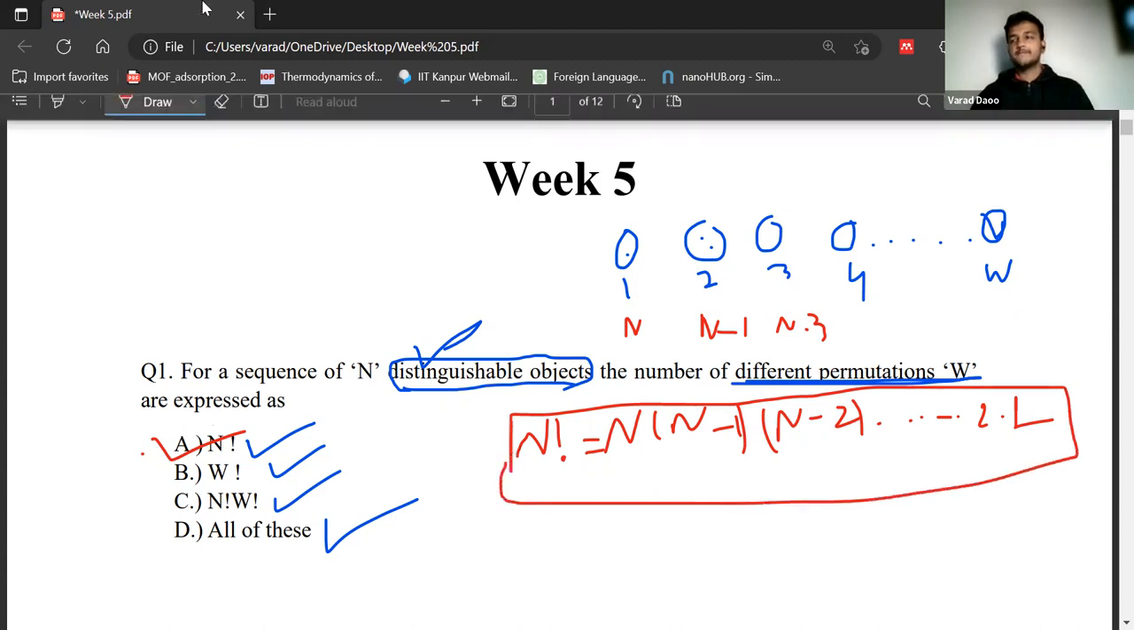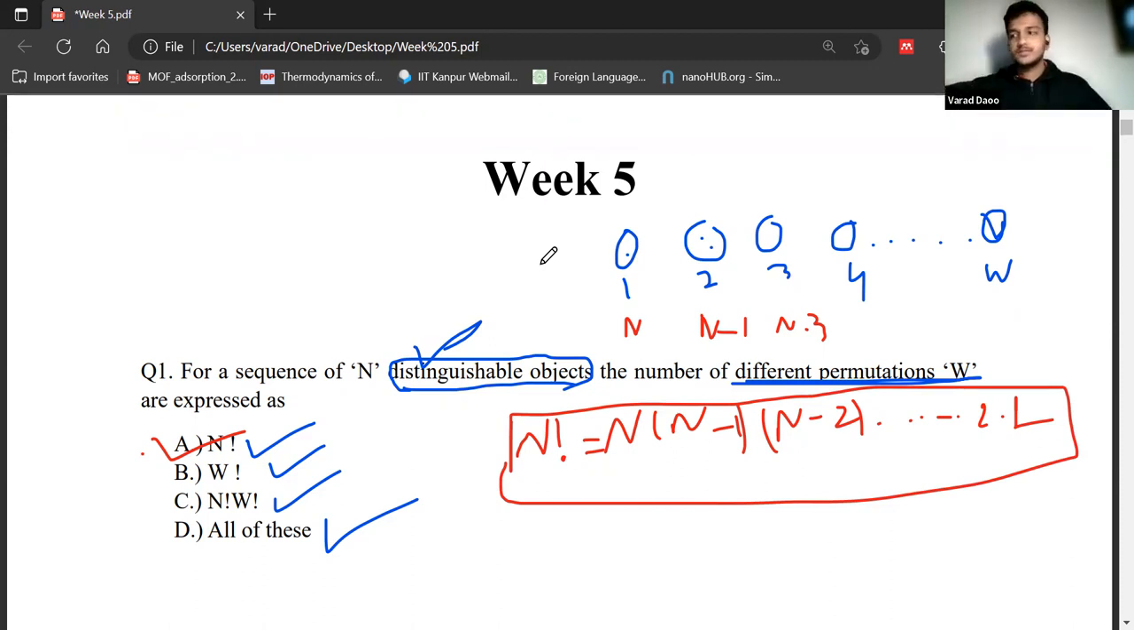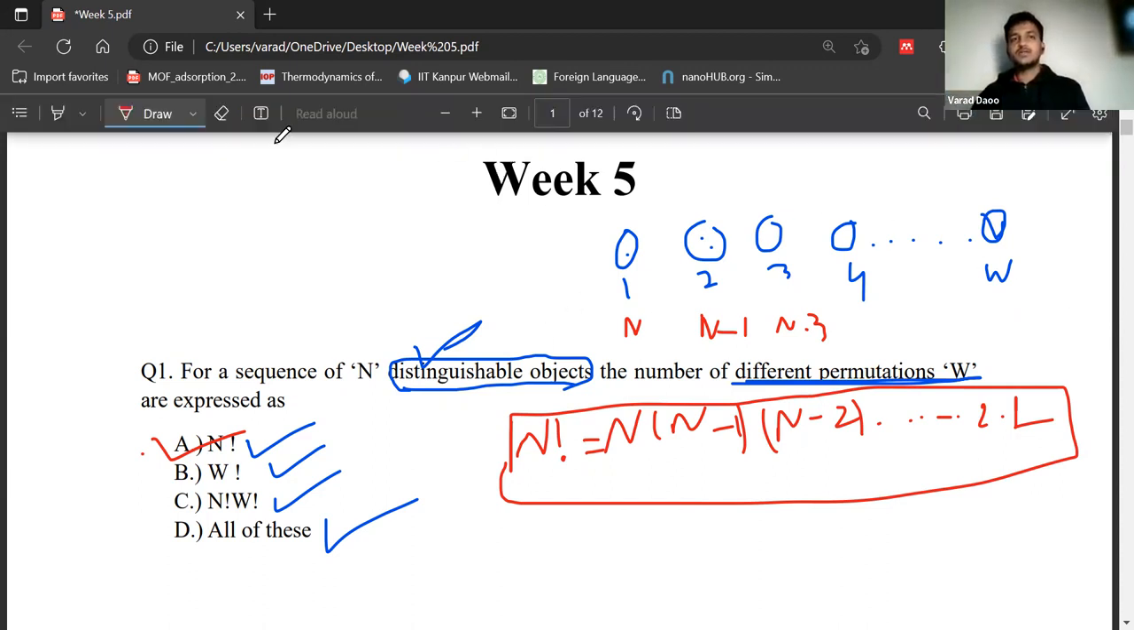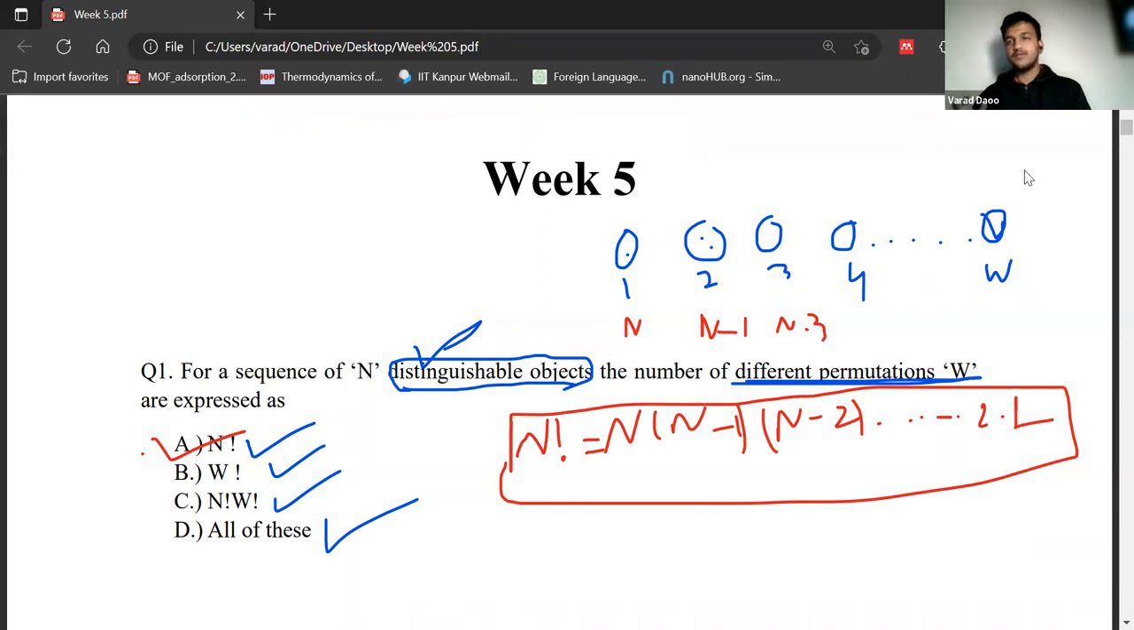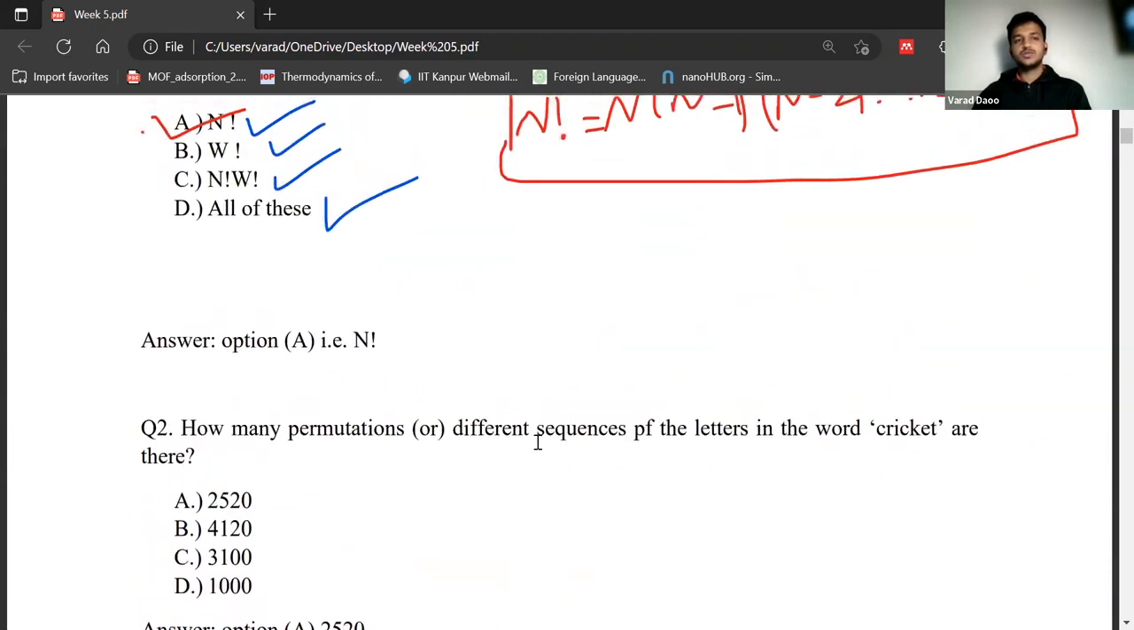Anybody got it? Nobody got it? Okay, I hope the solution is now clear to everyone. If you have any doubt in this, you can ask. Otherwise, we will move on to the next question. A very simple question. As we progress through the class, the difficulty level will be increasing. This is a very basic question, very easy. So the next question which we have is,